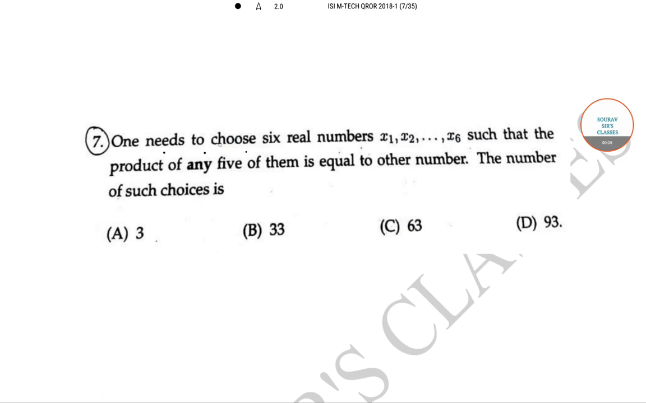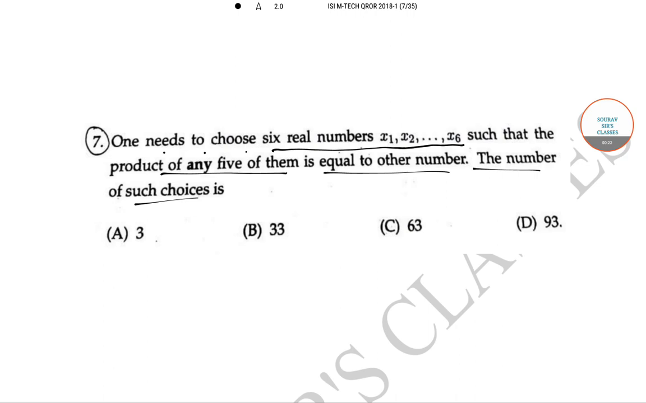The question is, one needs to choose 6 real numbers x1, x2 up to x6 such that the product of any 5 of them is equal to the other number. The number of such choices is,